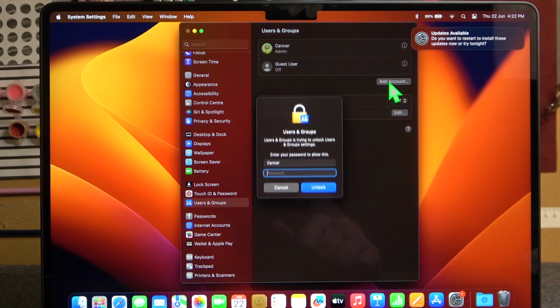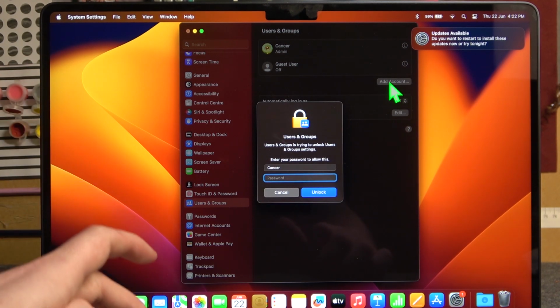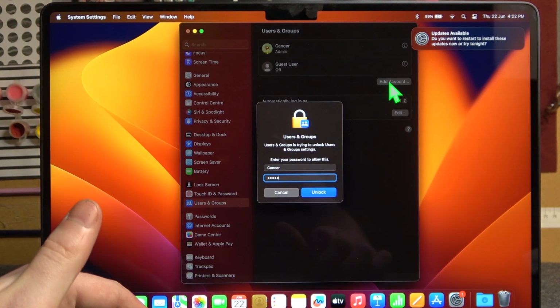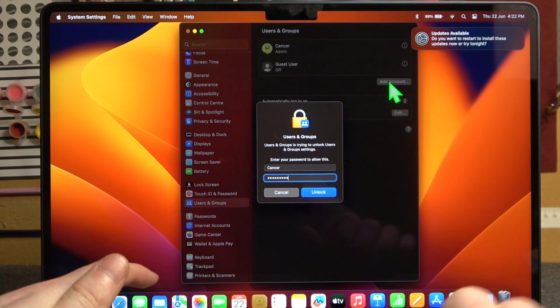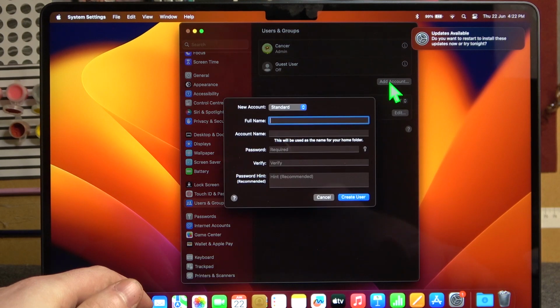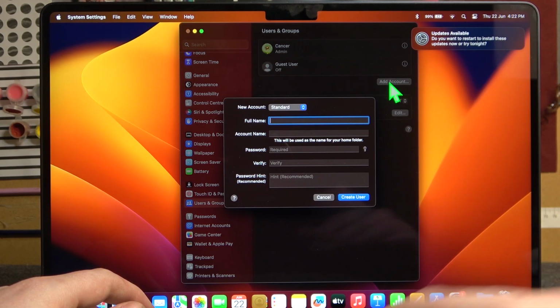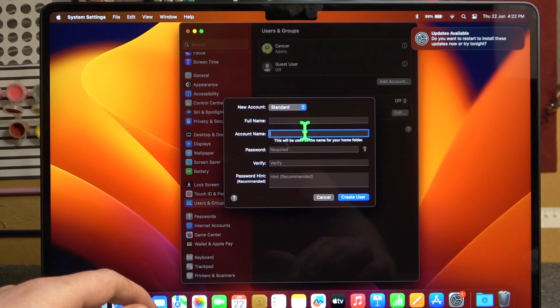Now select Add Account, and enter the password for the admin account. Then you can customize a profile, so change its full name, and also the account name. The password is required, so you'll need to enter one and verify that same password and also give a hint